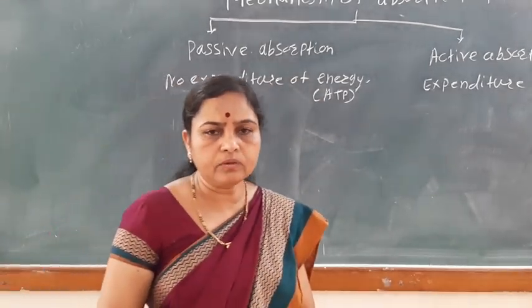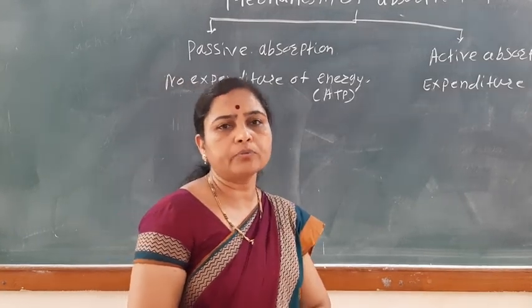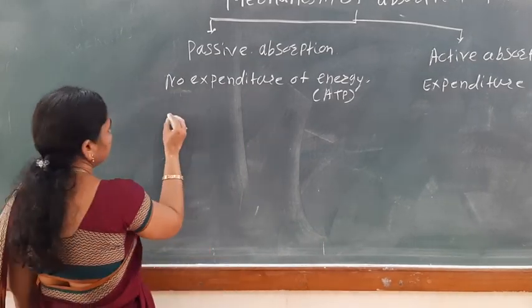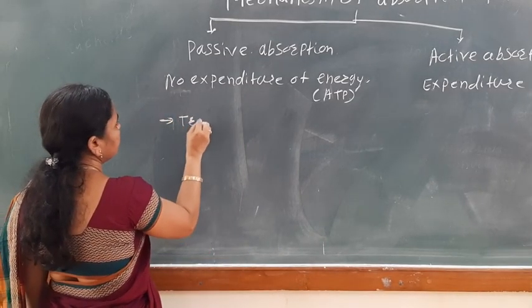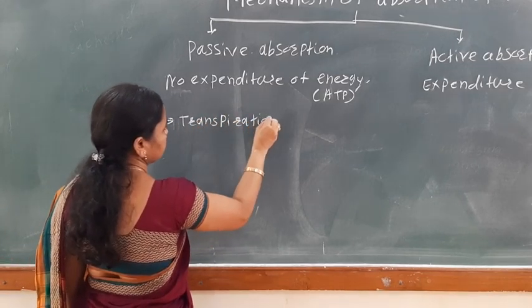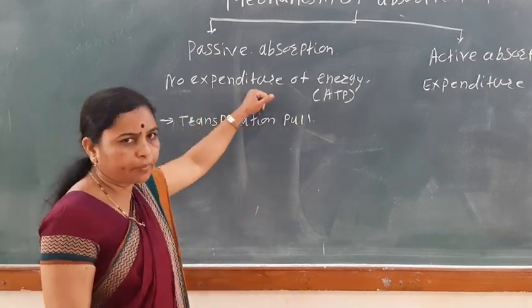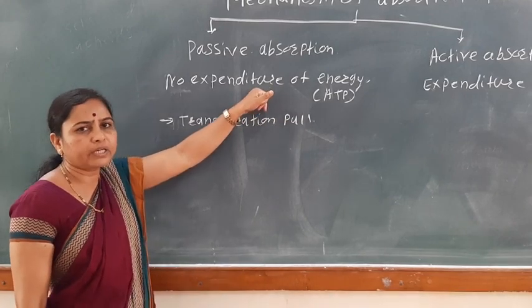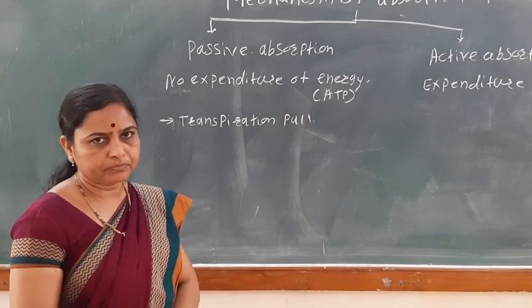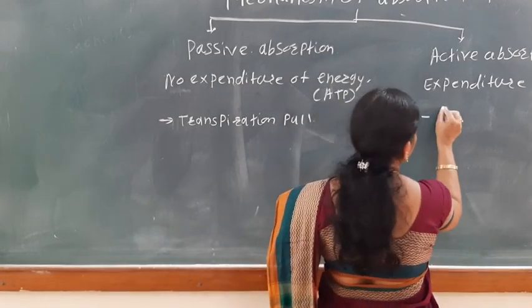Passive absorption is mainly due to the transpiration pull. Here there is no expenditure of ATP energy, so ATP energy is not required, and it mainly takes place due to the transpiration pull. While active absorption mainly uses ATP energy